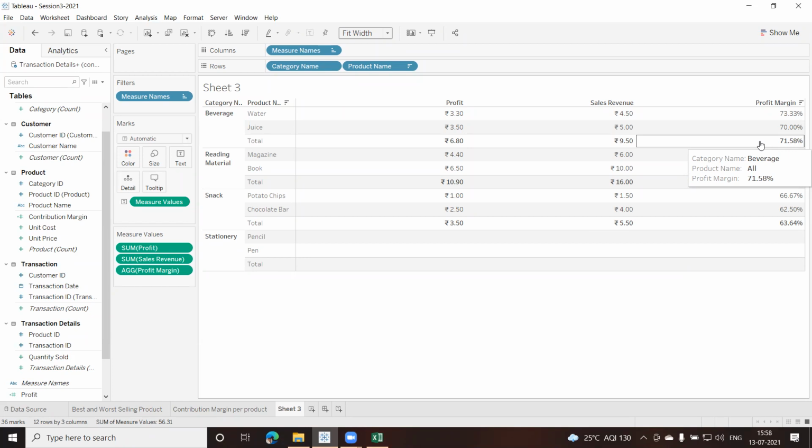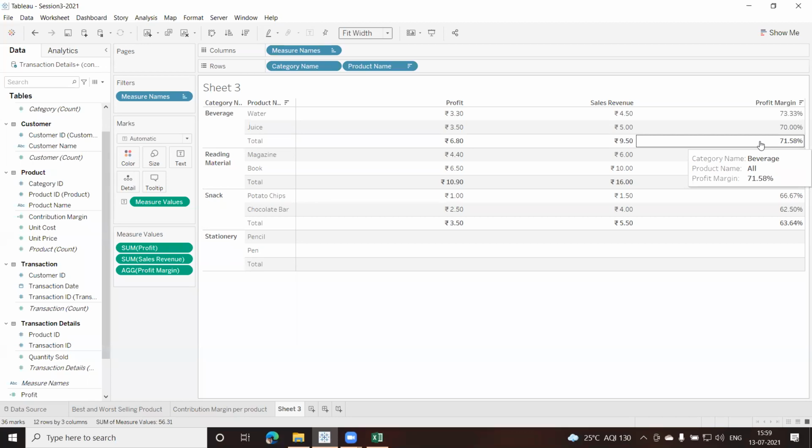There are two more questions I want to show you, how we can answer them. When we come next, I want to know about transactions, or the customer who is generating more transactions. So when we come next, we will continue from here and try to see that as well.